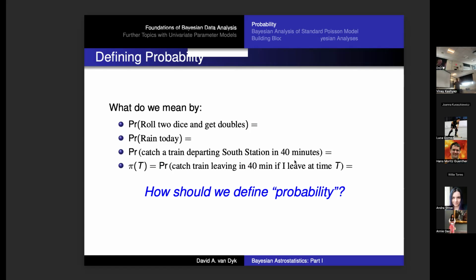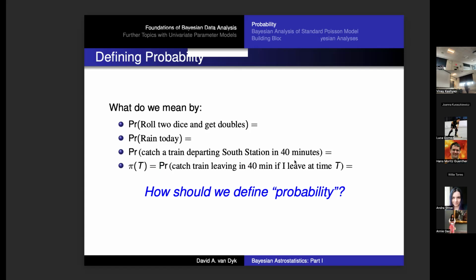So I won't ask you, I'll just tell you. There's what's called a frequentist definition of probability. And that means I have an experiment, and it can be a very simple experiment, like rolling a pair of dice. And the probability is the long-term proportion of time that a particular outcome happens. So if I roll my dice over and over again ad infinitum, the frequency definition would just say that the probability of getting, say, snake eyes, 2 1s, is the long-term proportion of times that I get 2 1s as I roll the dice again and again. Nice, well-defined, seems mathematical. But what's the problem with that definition? You can't answer questions that you probably really want to. What's the probability that it's going to snow tomorrow?